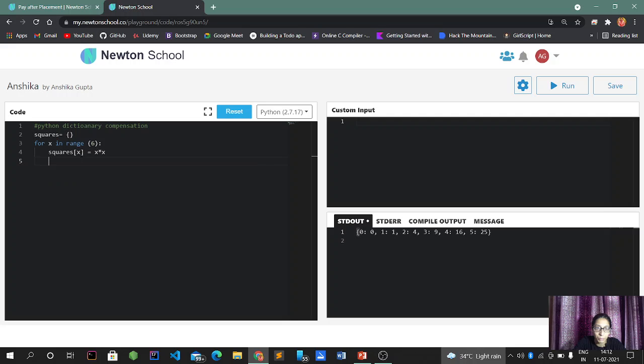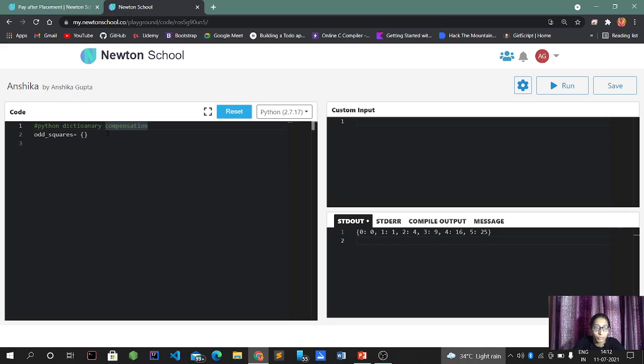Now comes the print part. The same output would be there as compared to the 5. This is the method to print the squares of it, whether you do it with the comprehension or use a for loop in that. Now suppose, using the same method, we want odd squares. We need only the odd squares, not any of the squares.